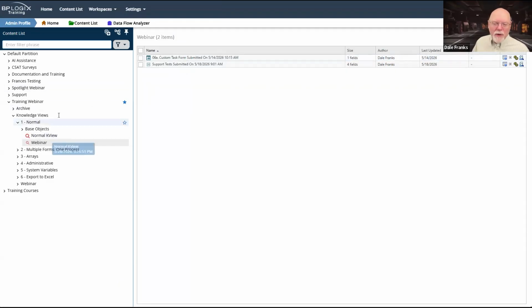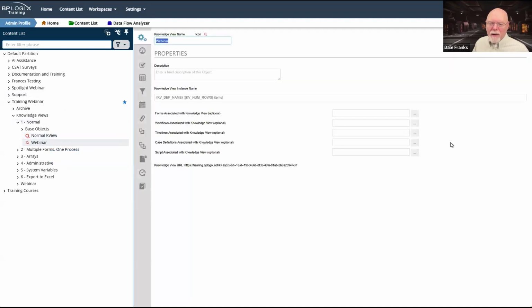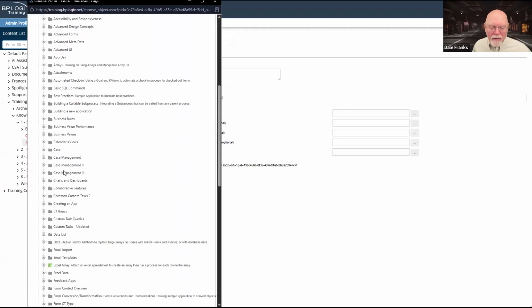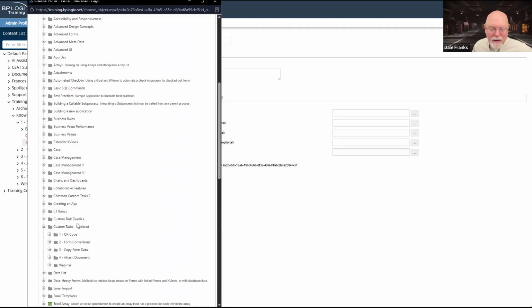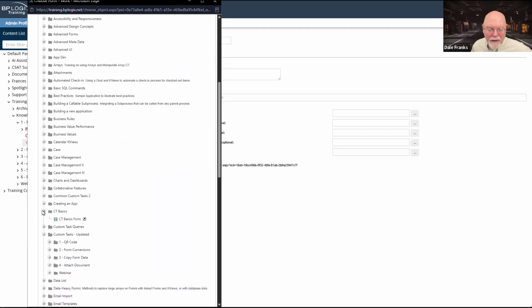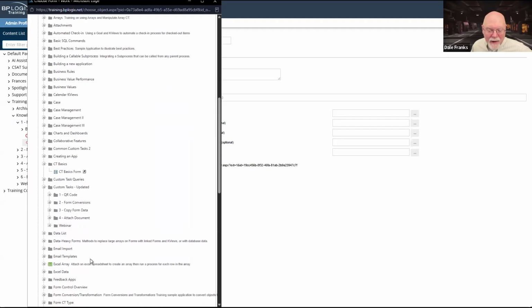So I'm going to assume if I go back here and I wanted to change this, it would be somewhere in archive and it would be in custom tasks. I'm going to say custom tasks up. Nope, not custom task updated. How about CT basics? Nope.